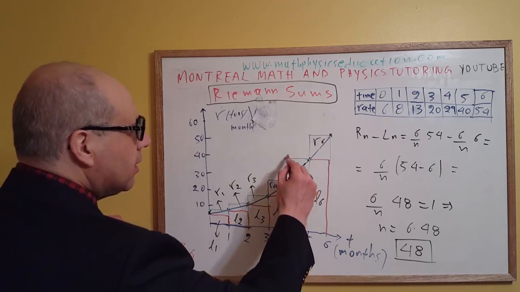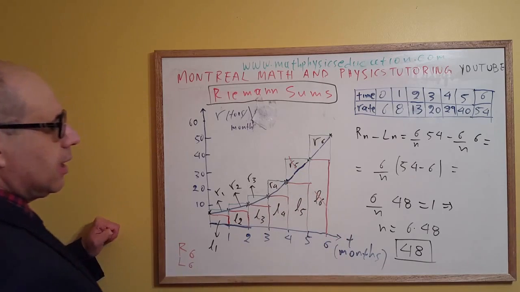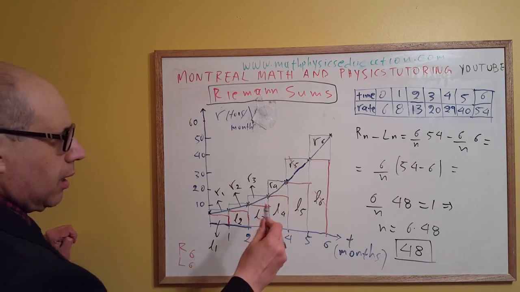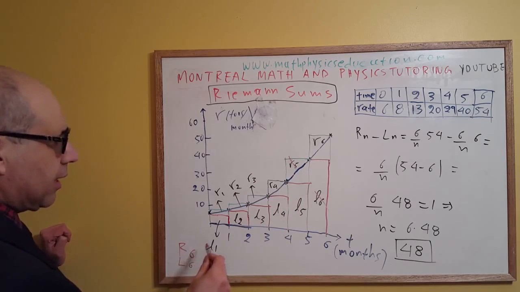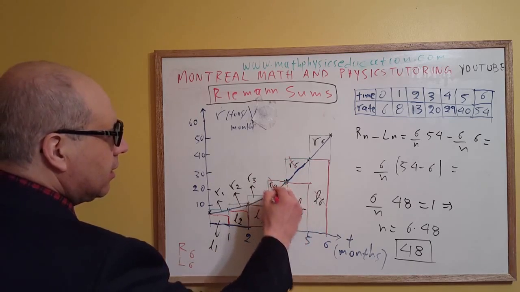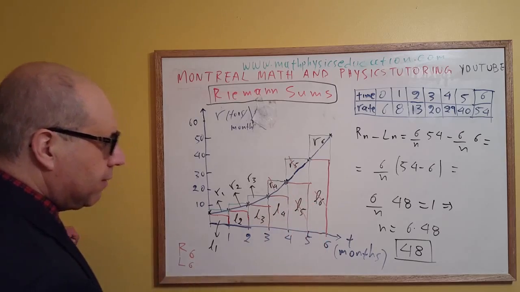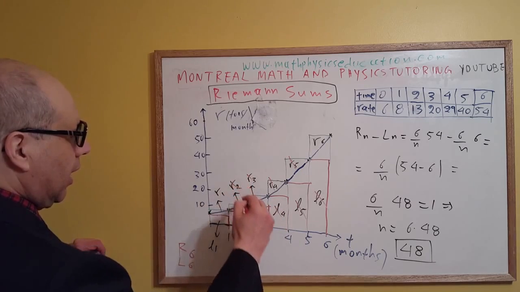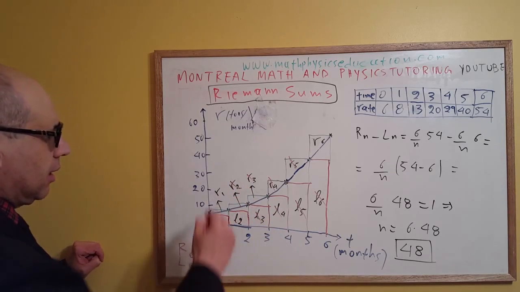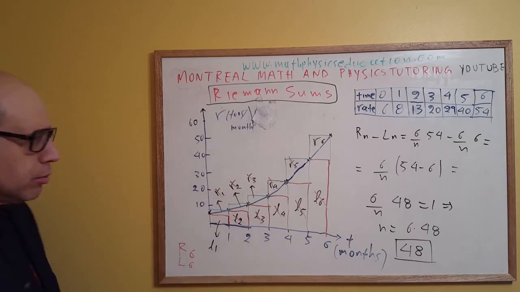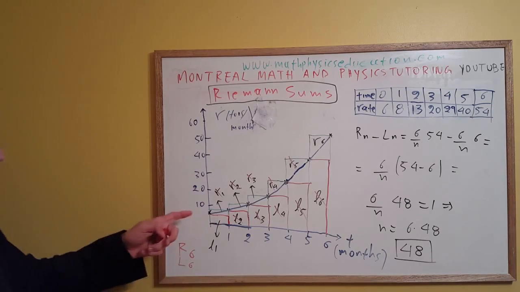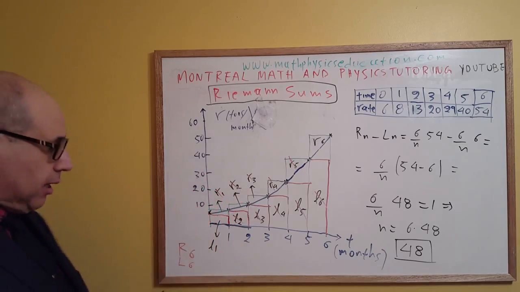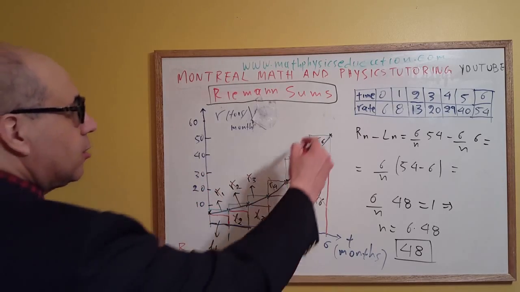So this will cancel this here, and then if you take the R4 for the capital R6, that will cancel with the L5, R3 with L4, R2 with L3, and R1 with L2. So you see that the only ones that will remain when you take this difference here,